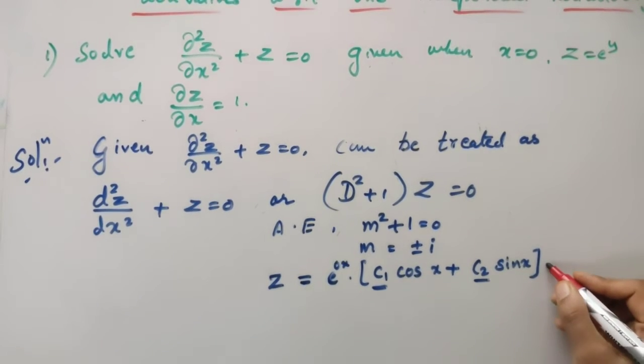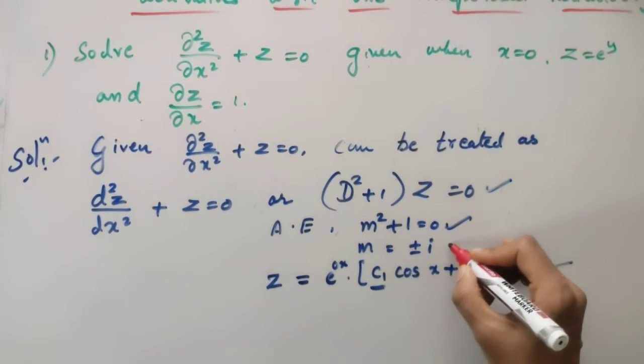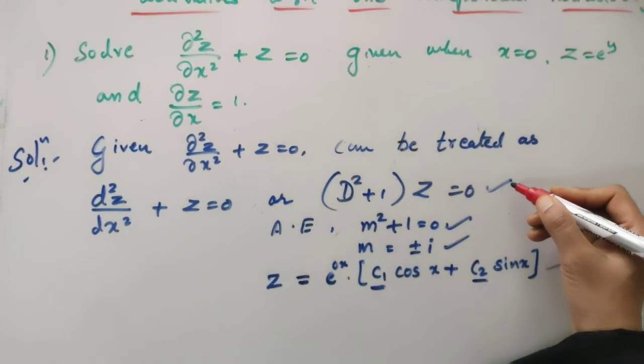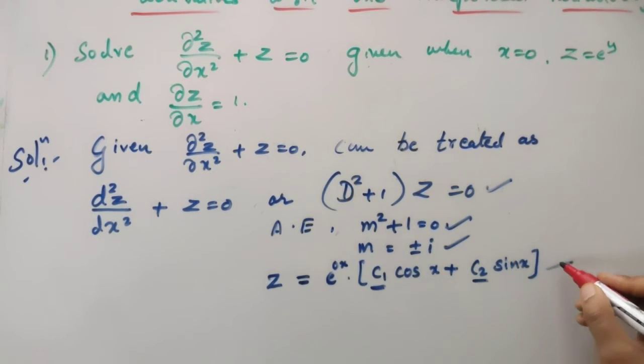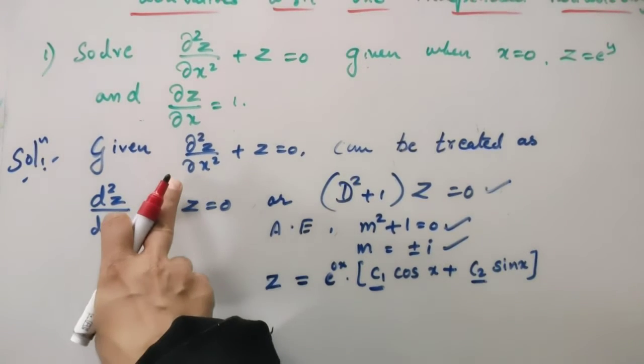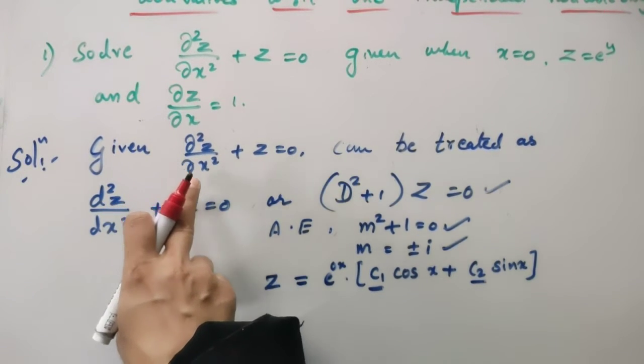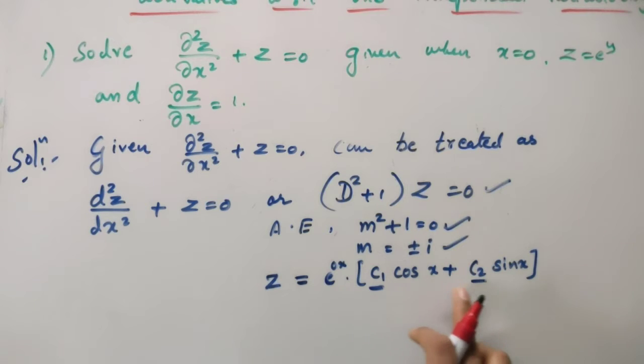Up till here you know how to solve it. The same equation, it is an ordinary homogeneous differential equation. Yes or no? So from here up till here I suppose you people have no problem with it. But when it comes to the solution of a partial differential equation, make a note, because we are solving a PDE, don't write arbitrary constants C1 and C2. Here we replace C1 and C2 by arbitrary functions of y.